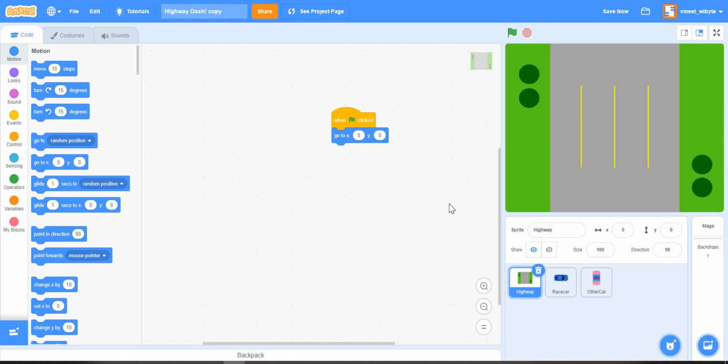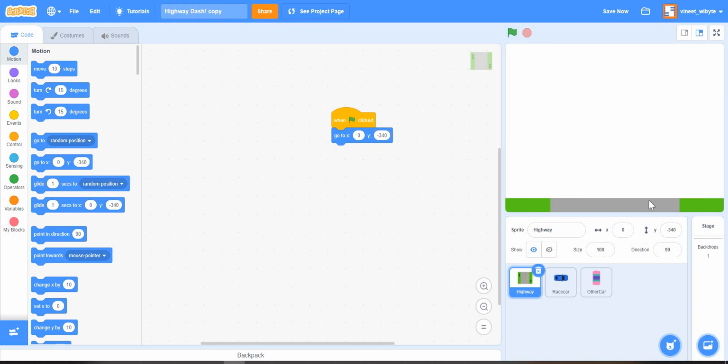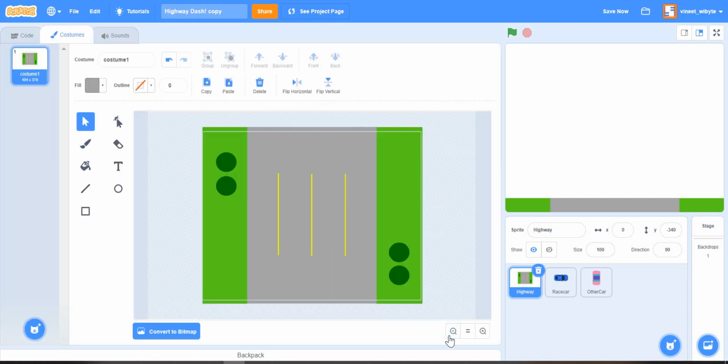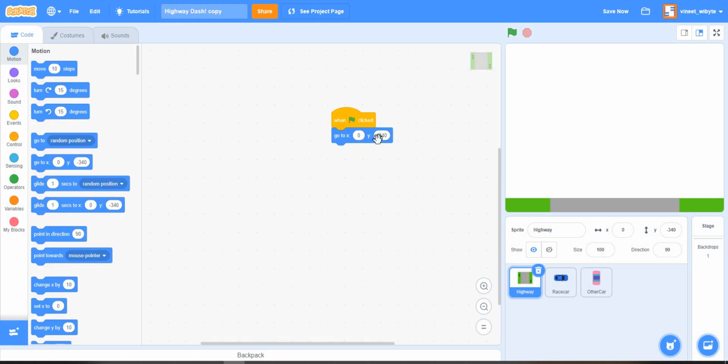Let's also see what happens when I put this, let's say, at 0, minus 340. So what do I expect is really, sorry, minus 340. I expect that this backdrop will appear as though it has gone somewhere down, right? And the reason it's kind of overlapping a little bit is because, remember, I have made my costume a little bit bigger than this white line here. If you made it exactly equal, then also it will overlap, but lesser. So I just tried to increase the overlap a little bit. It just avoids the glitching problem a little, somewhat. So this is the whole idea, right?